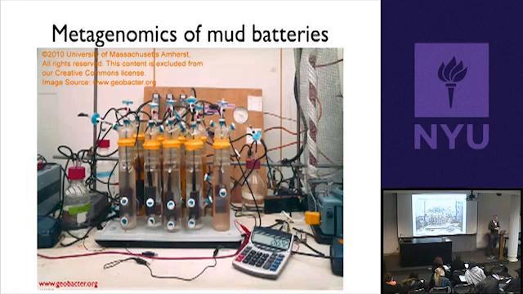So again, this is a prime case where you can say, well, okay, I want to understand a community that's living in this sample. So what do I do? I wash all the organisms out onto a filter, I get the organisms, I sequence their DNA, and then I figure out what's present there. And then maybe by understanding all of the organisms that are present and the kind of functions they do, how do they metabolize iron? How do different ones do it differently? Then I'll understand how this electrical current is generated.